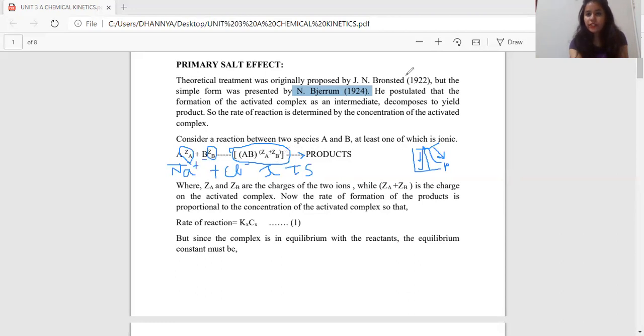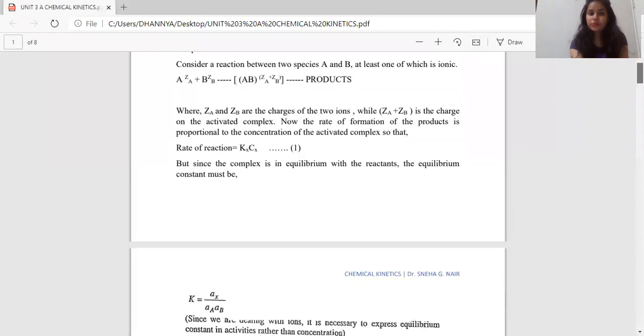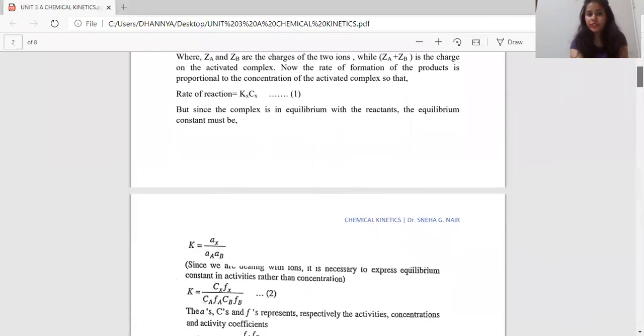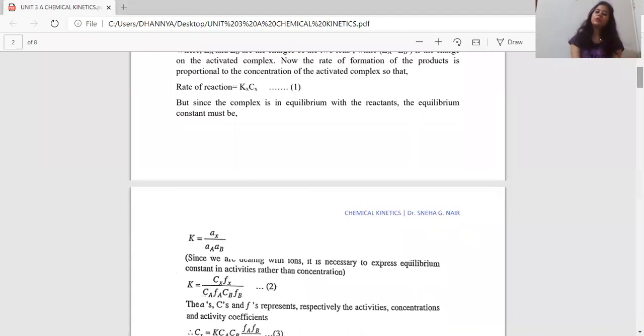Now, to study any rate of reaction, we already know that the rate of reaction will depend on two most important criteria. A, it will depend on the equilibrium constant. The equilibrium constant is always given by what? Kx, as we have already mentioned in the equation. And then it will be a product of the equilibrium constant and, obviously, the concentration. Now, in this case I'm taking into consideration only the concentration of the activated complex.